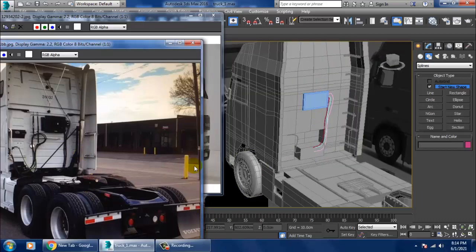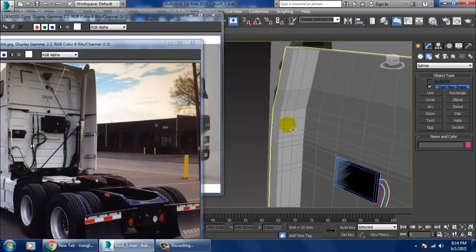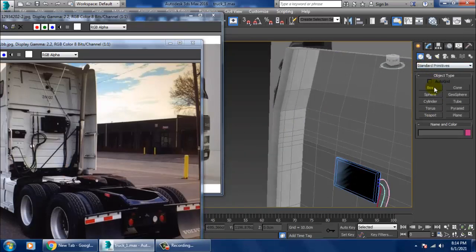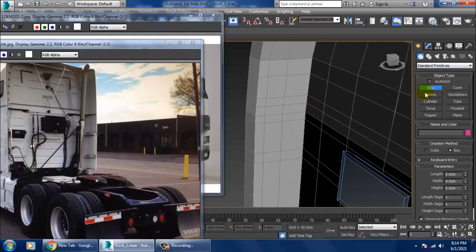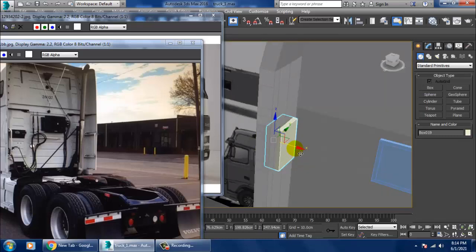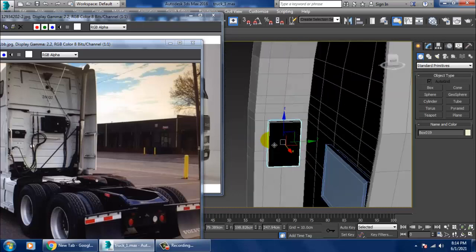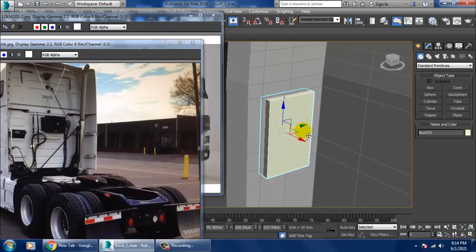So that details can be generated. If you want to create one more device over here, we can create one more device. So slightly scale that, slightly push this out.